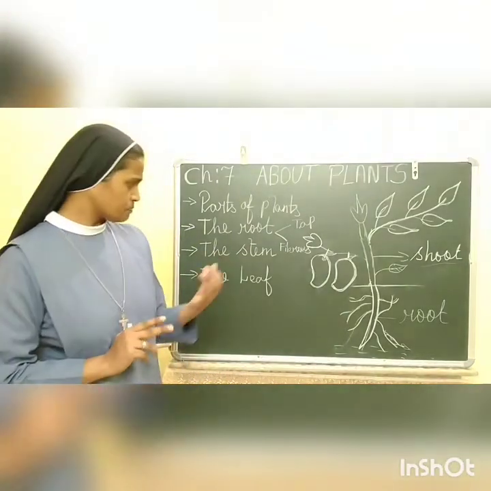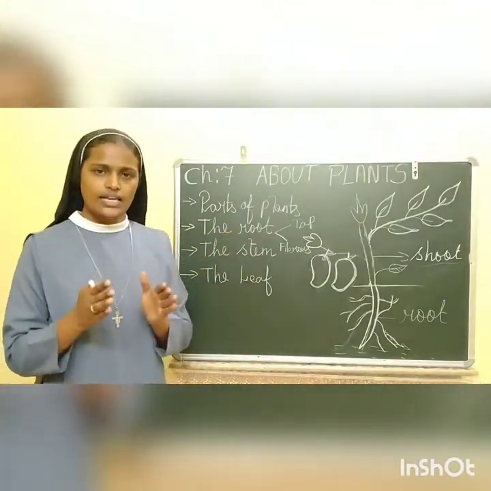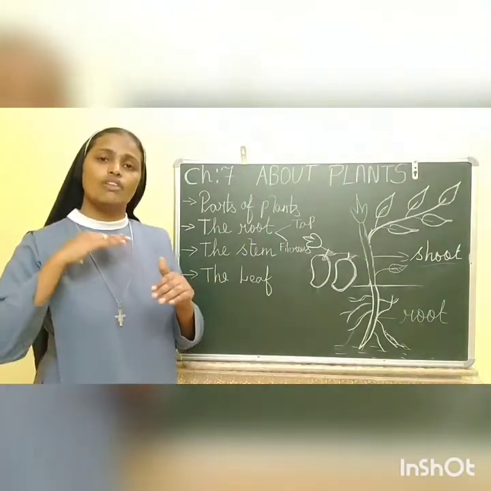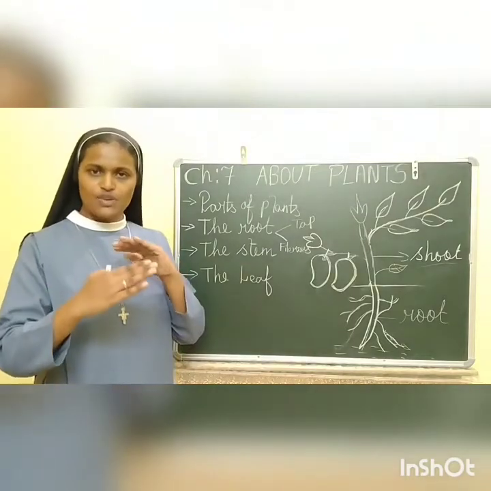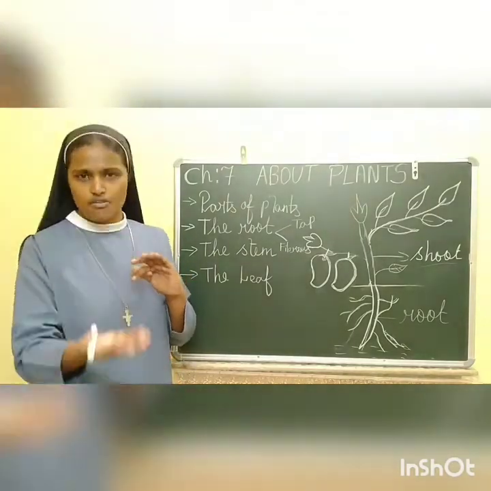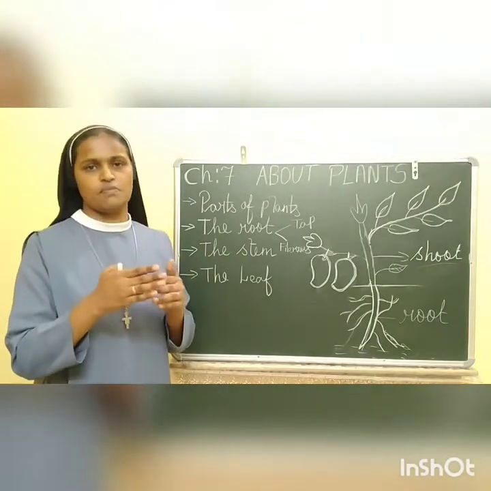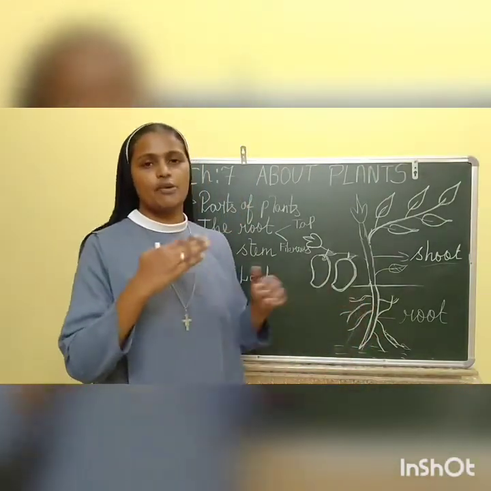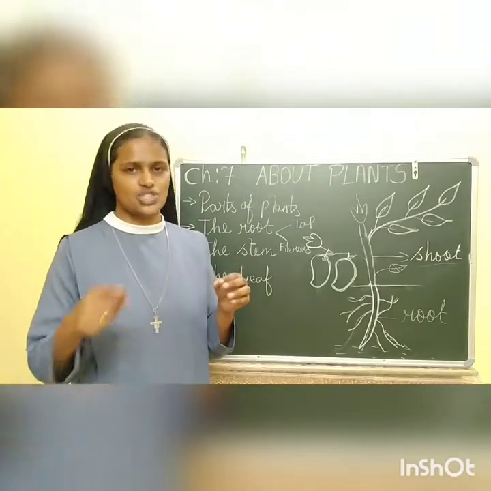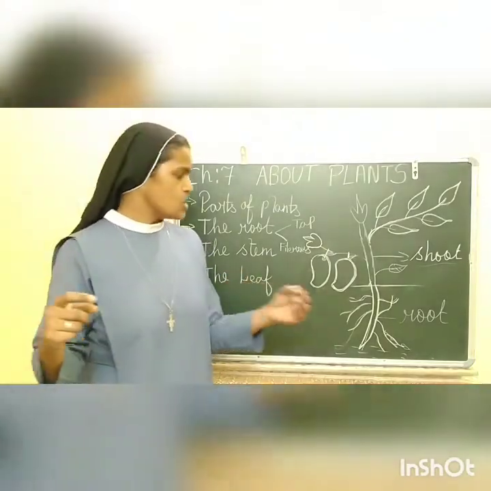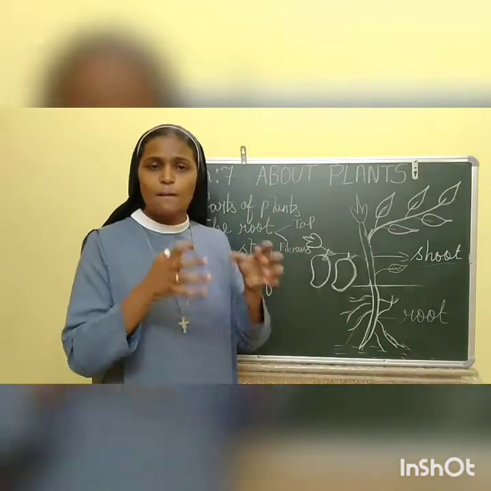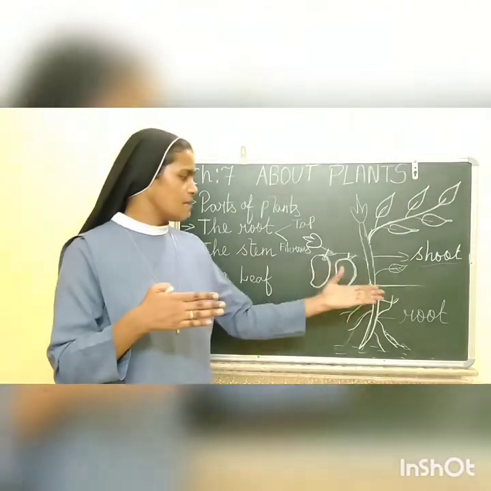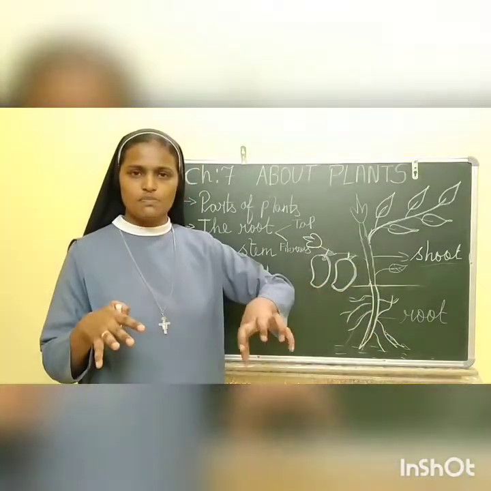The second function of the root is that it fixes the plant in the soil. It gives firmness. So, when the wind comes, the plant will not break or fall. It will stand firm, and for that the root is helping. In fibrous root, there are many branches in the root, so that will also hold the plant fixed and firm in the soil.